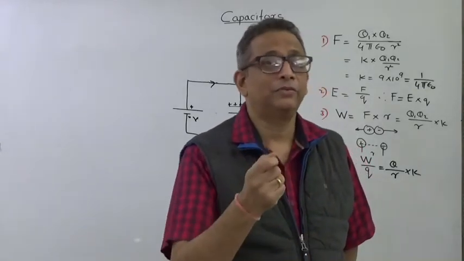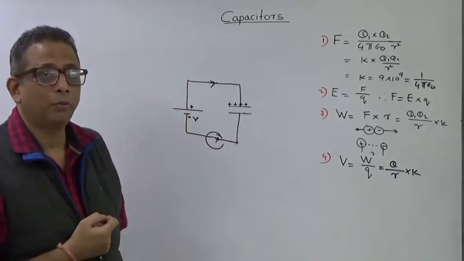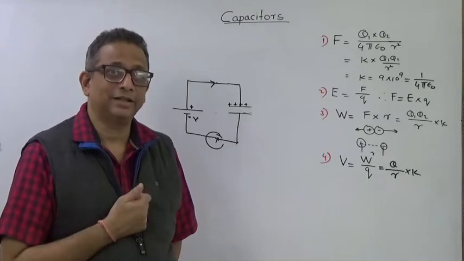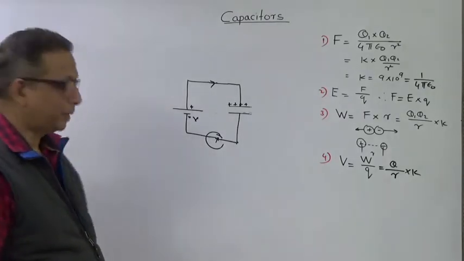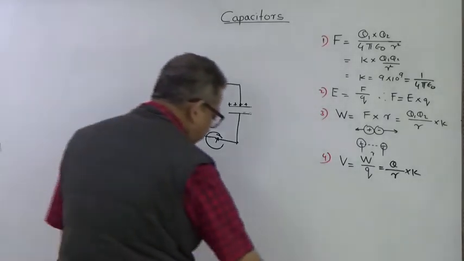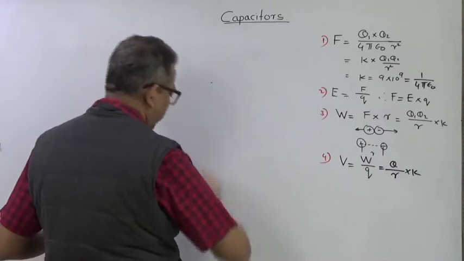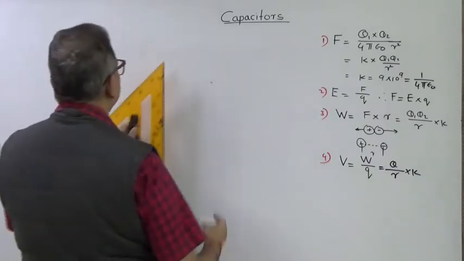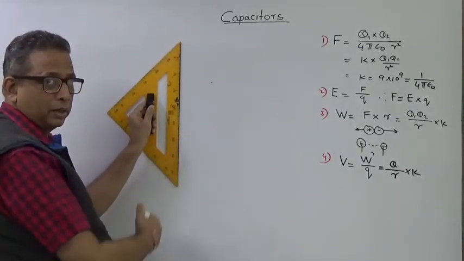This is something we need to understand: how this component called a capacitor actually works in circuits. So now we are going to understand the working of a capacitor. To understand it, you need to consider two different plates. So let us draw two different plates to resemble a capacitor.